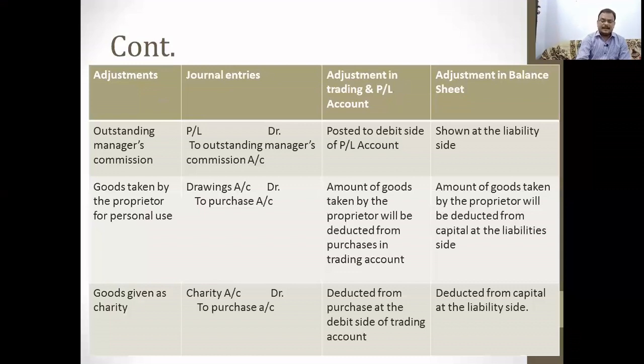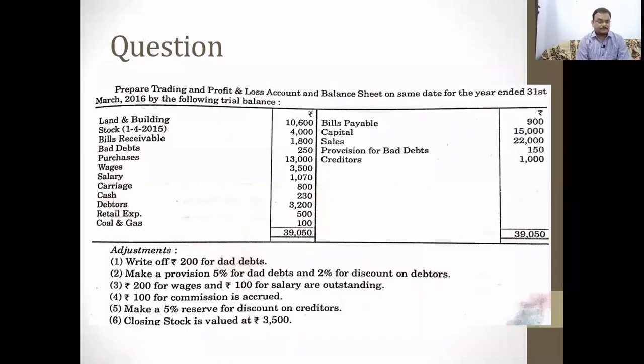You have seen that. Now there is a question. The question is, prepare trading and profit and loss account and balance sheet for the year ended on 31st March 2016 by the following trial balance. The following trial balance is given: land and building, the stock, that is called opening stock,